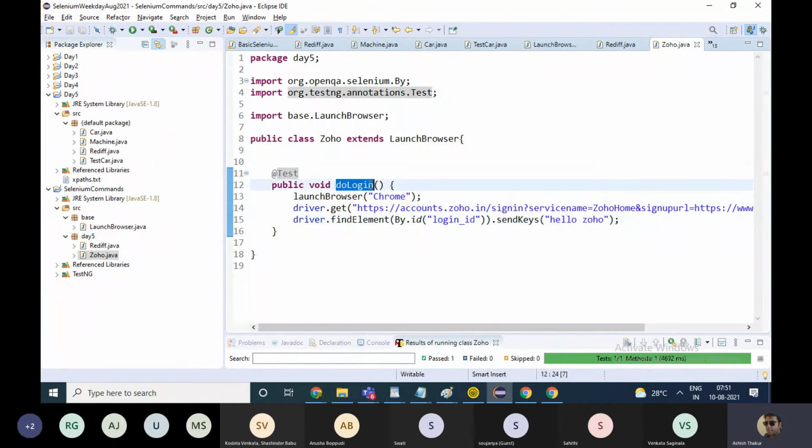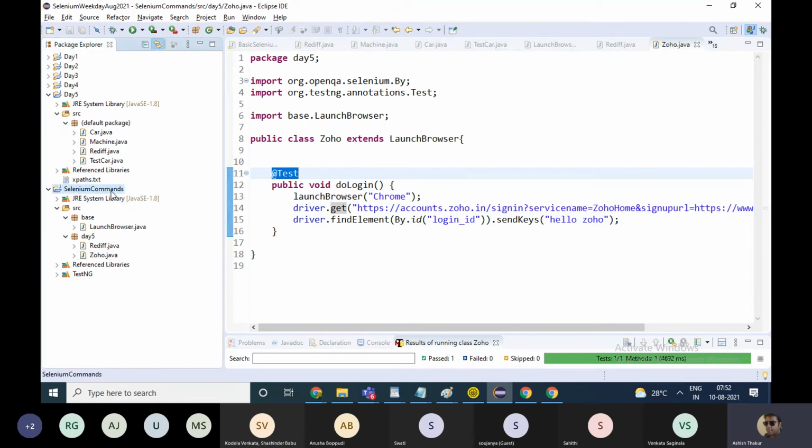Look, learning Selenium is all about these things. There are predefined commands, there are predefined concepts which you need to learn. There is no rocket science involved. There are commands like get, find element. You have got the TestNG test annotations. So that is what the process is in the first phase of learning, which is Selenium and TestNG commands basically. And we'll be going through them step by step.